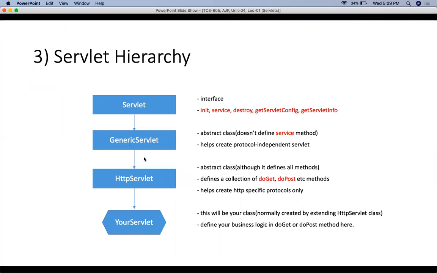If we are extending generic servlet or HTTP servlet, in case of generic servlet you have to provide the definition of its service method, because it is undefined in the generic servlet class. In case of HTTP servlet, you have to provide the definition of at least one of its methods like doGet or doPost. So in today's lecture, we will focus on how to develop a servlet using HTTP servlet